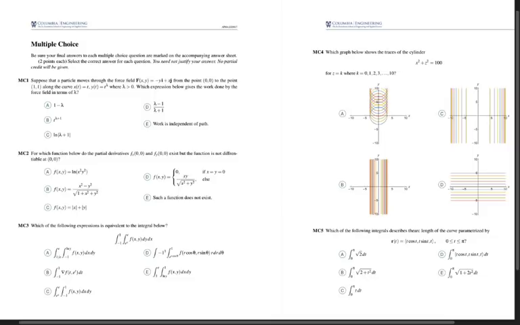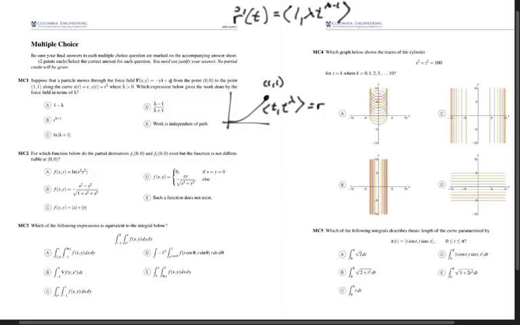Just parameterize the path. It's the graph of a function, so it's pretty simple to do. We've got the components t and t to the lambda. The x input, we just make our parameter, and y is the output. Great. It's a work integral, a line integral of a vector field. We are going to need the derivative r prime of t. There it is. First component 1, second component lambda t to the lambda minus 1, plain old power rule. We need to evaluate f on